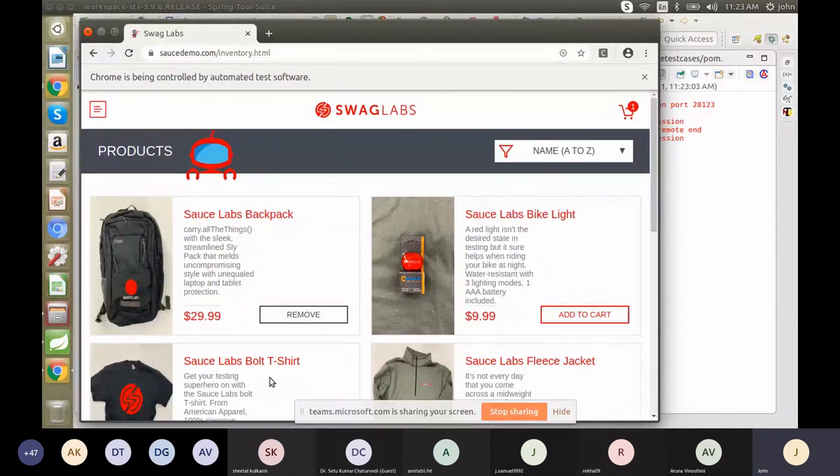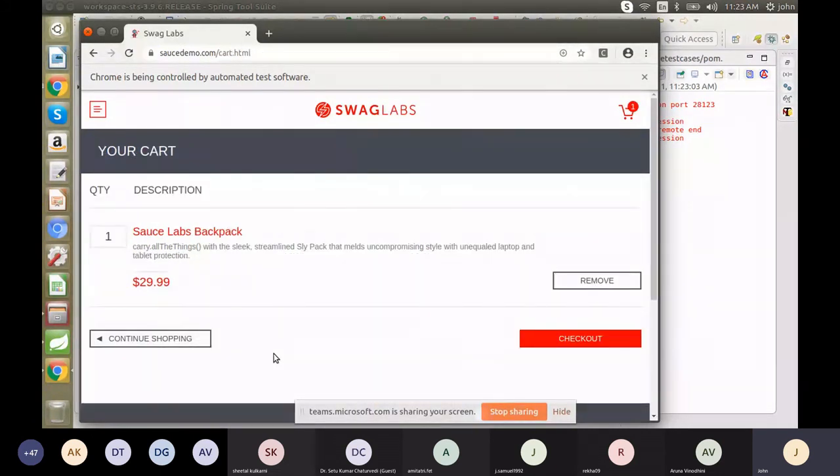It goes to the cart page. Now it will close the browser.